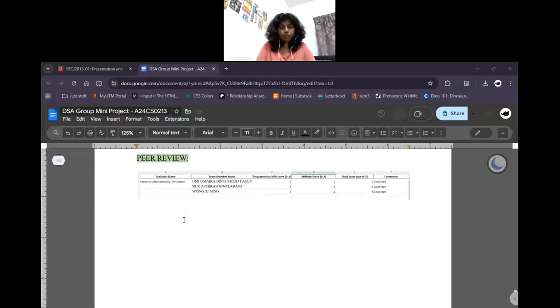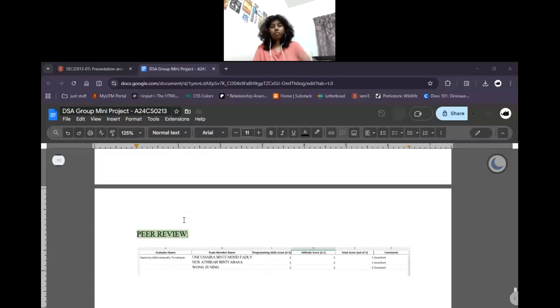And then we have peer review. For reflection, through this project, I gained a better understanding of how to use the queue data structure with the FIFO principle. Implementing a queue using a linked list helped me understand pointers and dynamic memory allocation in C++. I also learned how abstract data structures can be applied in real-world scenarios, such as managing passengers in a ticket system. Overall, this project improved my problem-solving skills and strengthened my understanding of